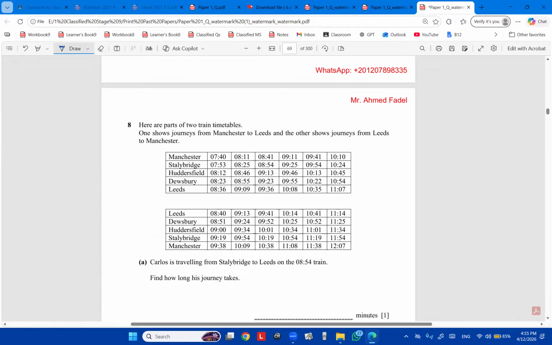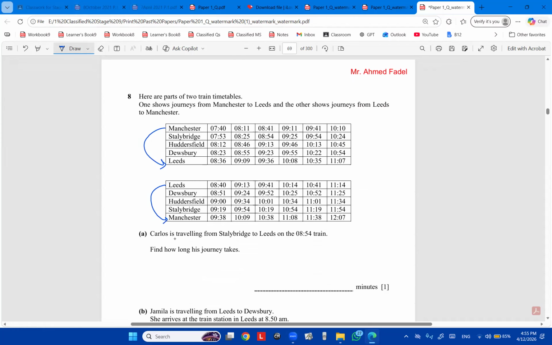Here are parts of two train timetables. One shows journeys from Manchester to Leeds, and the other shows journeys from Leeds to Manchester. So here is from Manchester to Leeds, while the other one is the way back to Manchester from Leeds. All right. So Carlos is traveling from